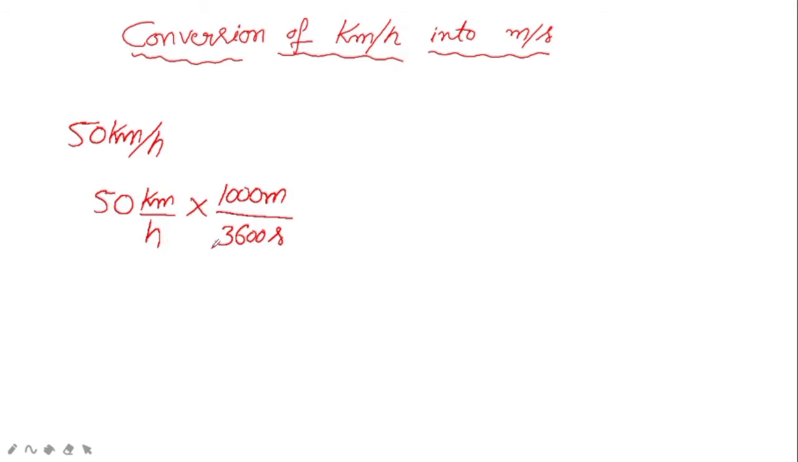So if I write only the values, what will I get? I will get 50 into 1000 divided by 3600. Now on simplification, these two zeros and these two zeros get cancelled. If I simplify this, I will get, if I do it from 5,